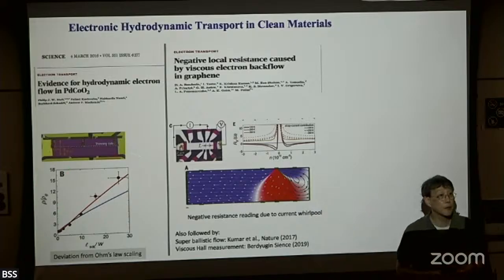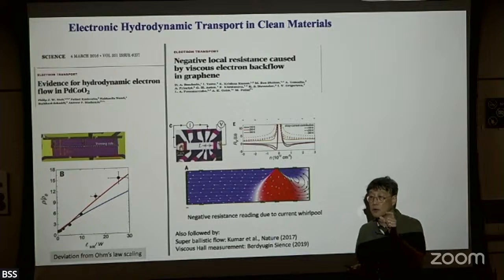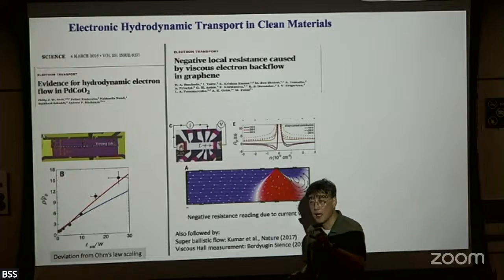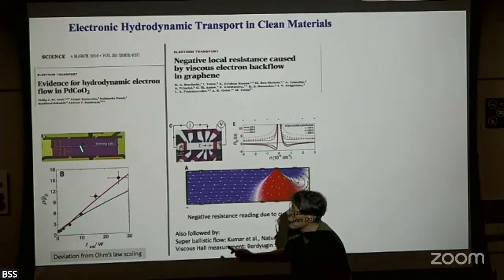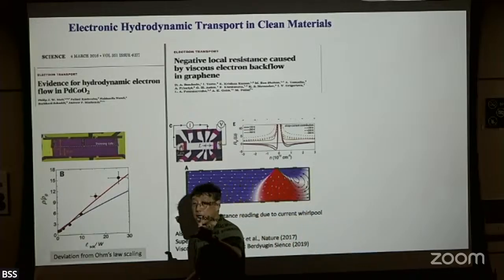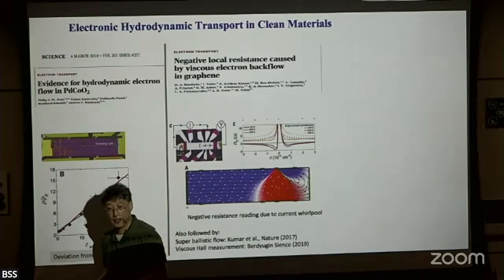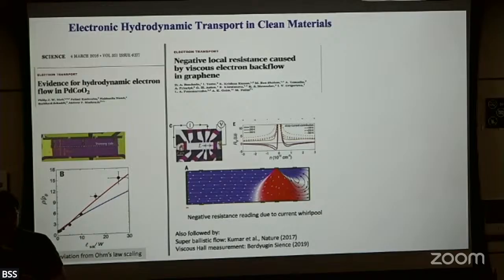This type of experiment was repeated in many other samples, for example graphene. And what is observed is, when the constriction is building up, and especially when the characteristic length of the device is comparable to the gauge length, you start to see that Ohm's law really starts to deviate. In other words, the resistivity starts to be not well defined in terms of Ohm's law. I think that's basically the observation.